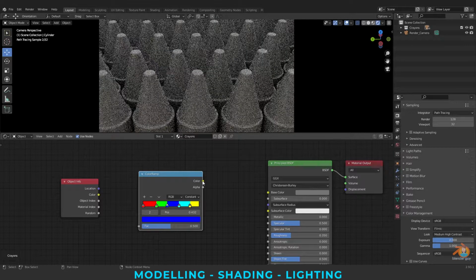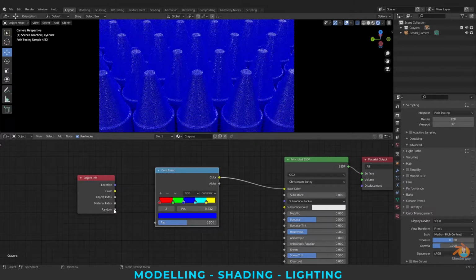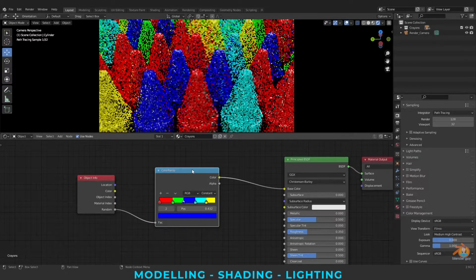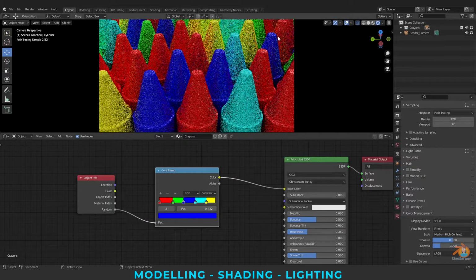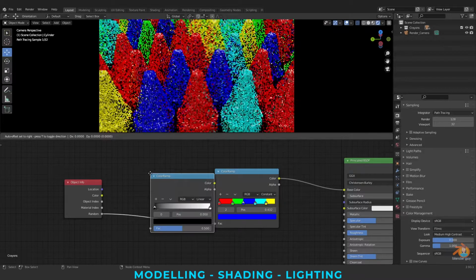So if I connect the color to base color, you can see only one color here. Now if I connect this random to the input of this color ramp, now you can see the random colors here. You can also adjust the colors by taking one another color ramp.